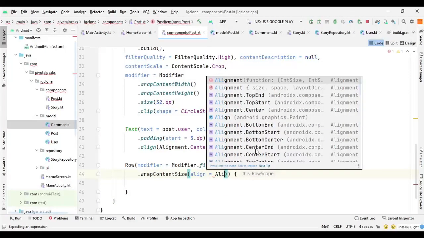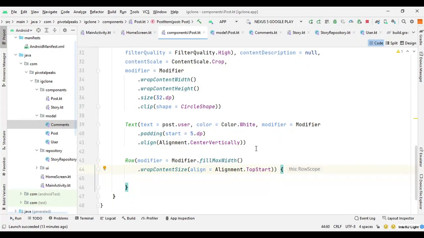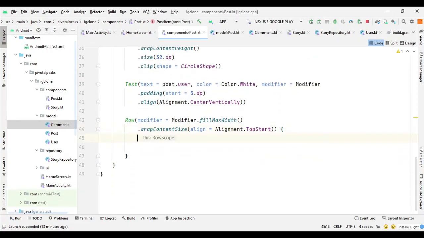So we can say Alignment.TopEnd, and when we put this text in this row, it will be aligned to the top end, just how we did it with the app bar.